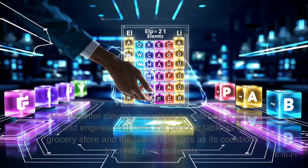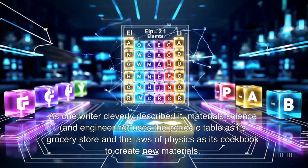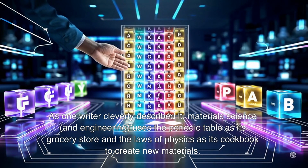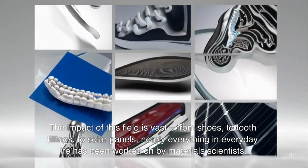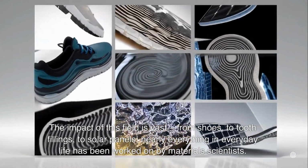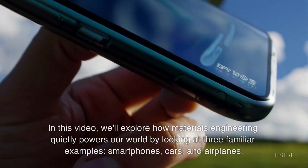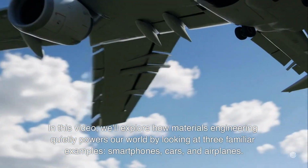As one writer cleverly described it, materials science and engineering uses the periodic table as its grocery store and the laws of physics as its cookbook to create new materials. The impact of this field is vast, from shoes, to tooth fillings, to solar panels. Nearly everything in everyday life has been worked on by materials scientists. In this video, we'll explore how materials engineering quietly powers our world by looking at three familiar examples: smartphones, cars,